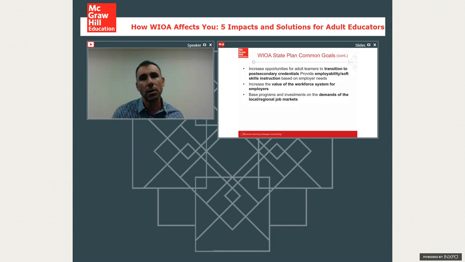And finally, to base all programming on the demands of local and regional job markets. We've seen cases where there's been innovation in education for adults that's focused on high growth industries and/or industries within the area, but when there's not communication in terms of what the actual job demands are, sometimes those initiatives, as innovative